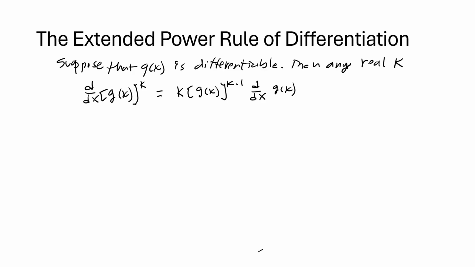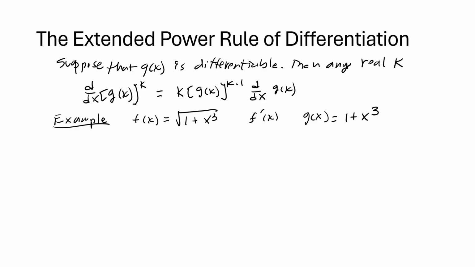So let's do an example. So there's our basic extended power rule. Let's get familiar with it by doing an example. So f of x in this case is going to be the square root of 1 plus x cubed. So we want to find the derivative of f of x. So in this case, our g of x is equal to 1 plus x cubed, and our k in this case is just going to be equal to 1/2,